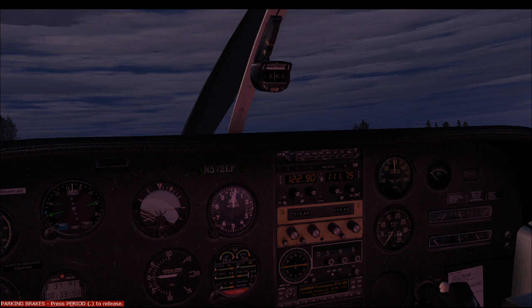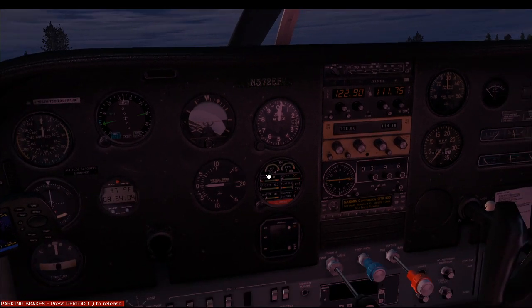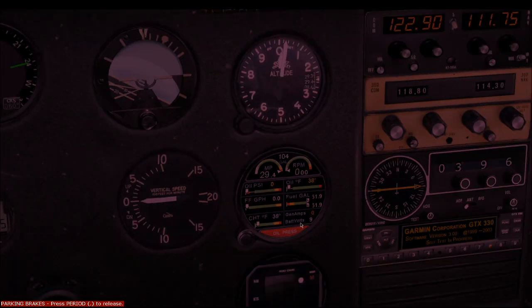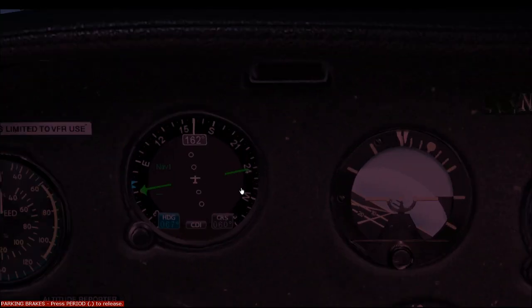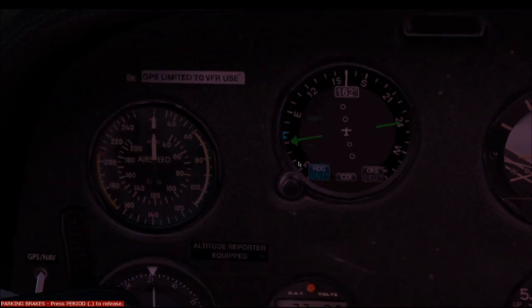But the other cool thing that we're going to do along the way is we're going to check out the lovely new electronic flight instruments from Garmin that I've got installed. This is the Garmin GI275. This is the EIS, the Engine Information System version. I've been flying with that in the cockpit for a couple of months now, and I love it. It's now pretty much indispensable. This one is new, though. This is the CDI HSI version of that instrument, and